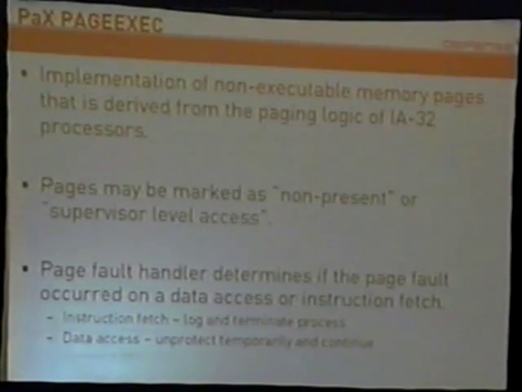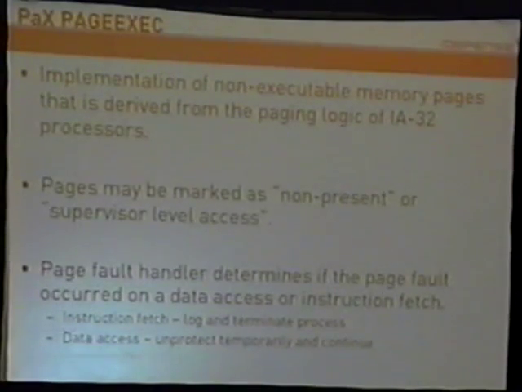Is it a userland page? And in the case of memory that's been swapped out, it'll be marked as non-present so that the kernel knows how to handle that when it's referred to from the program. So if a page is marked non-present or another bit is referred to as supervisor level access, a page fault occurs, and then the kernel figures out what it needs to do from there. In the case of the page exec logic, what they try to do is mark the pages as non-present or supervisor level access to throw the page fault when it gets referred to,